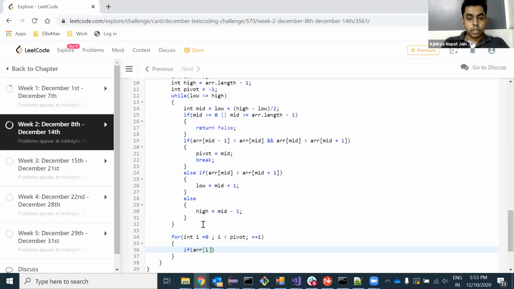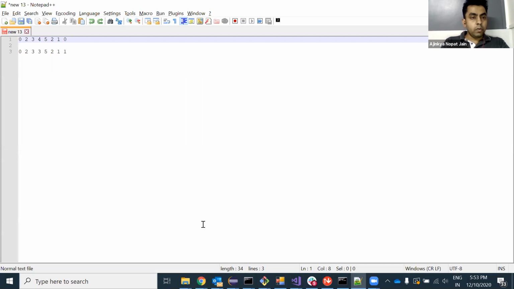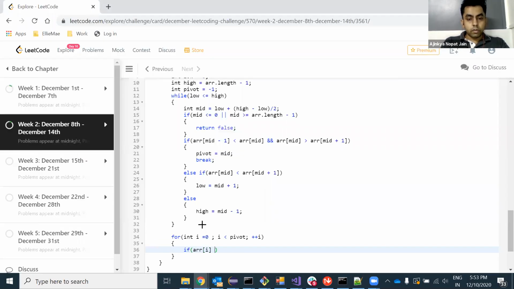So if 2 is not less than 3, that means it is not in strictly increasing order. So if arr of i is greater than or equal to arr of i plus 1, that means it won't be strictly increasing order, so we can directly return false.